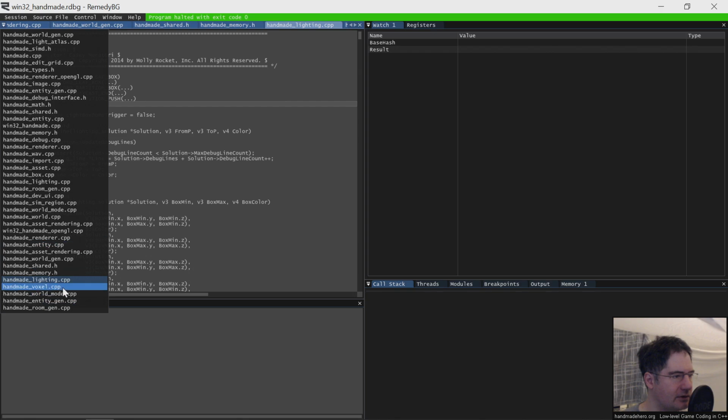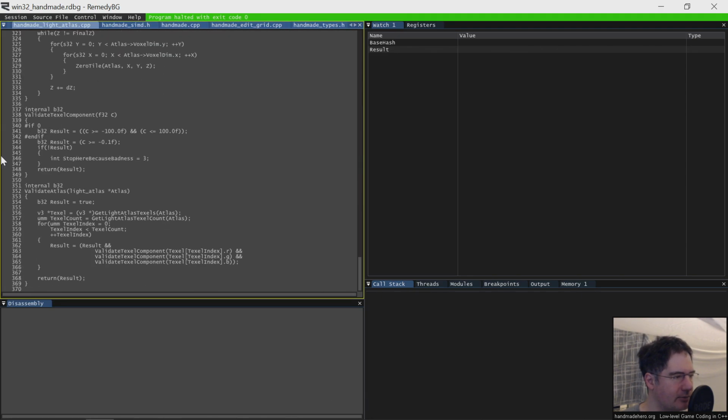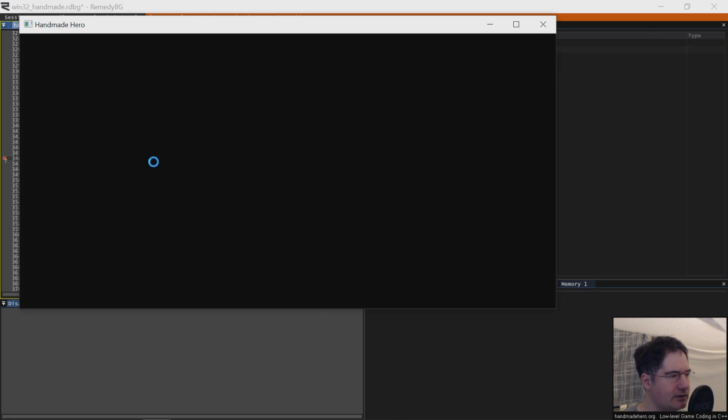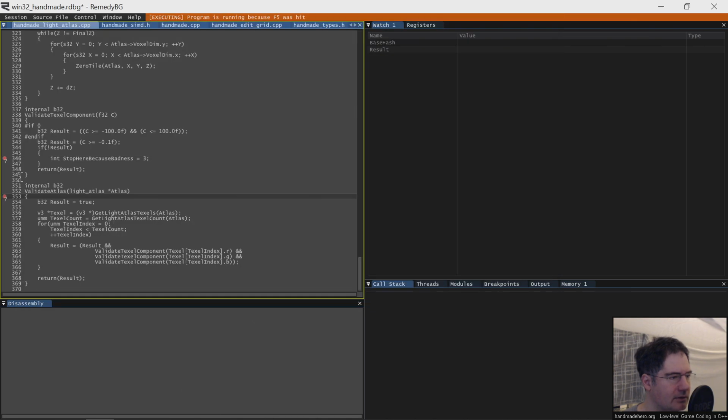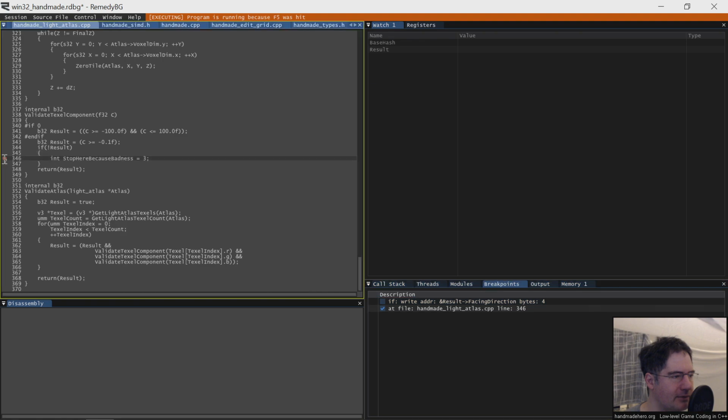And let's take a look. That code is right here, and I am going to put a breakpoint there. So now when we run, in theory, we should get a situation at some point where we... So this is good that this happened again, because last time, George was saying that the problem was because Handmade Hero hadn't loaded the executable yet, but that's obviously not true, right? So there is some problem going on with RemedyBG lately, where it can't set a breakpoint,